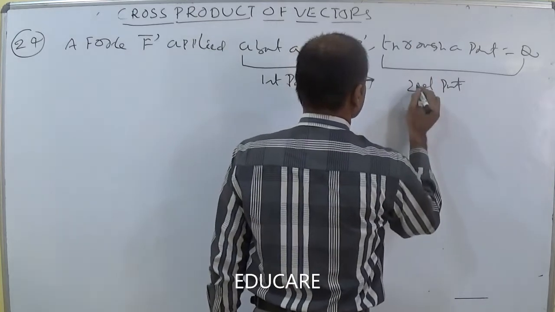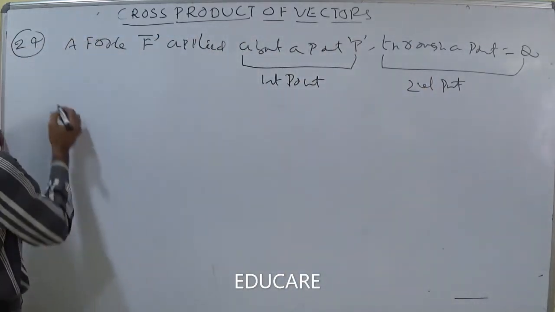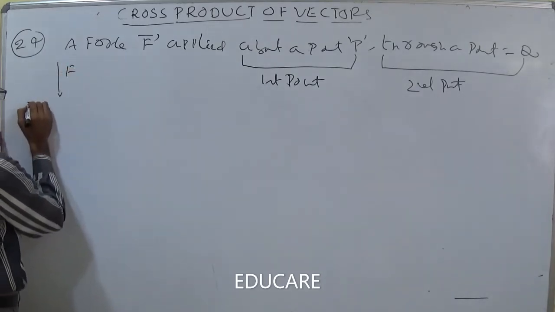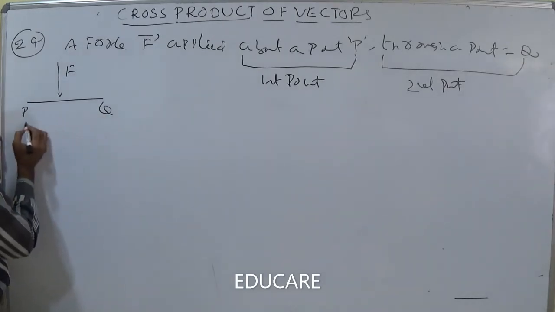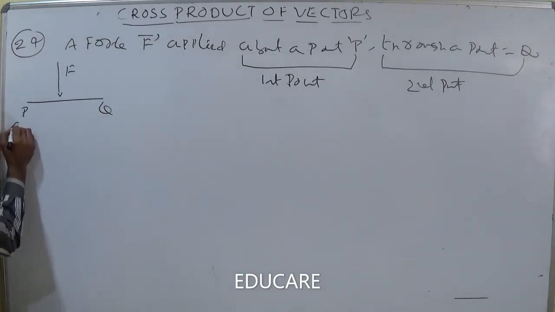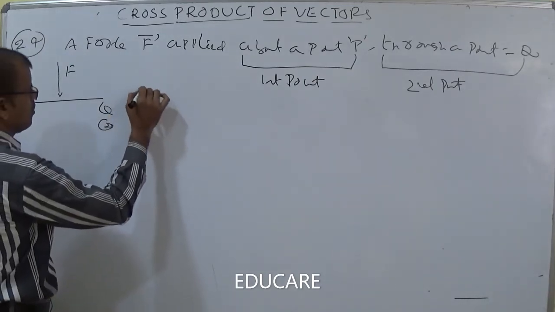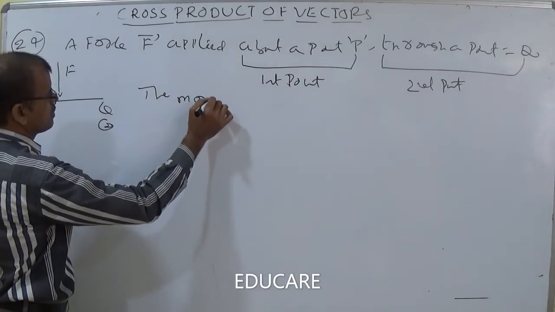So what is the first, what is the second? He gives about and through. A force F, this is F bar. A force applied about P, through Q. This is the first point and this is the second point. Then the moment or torque,